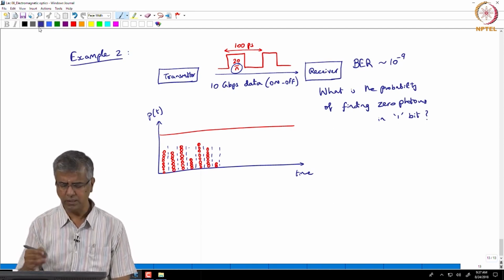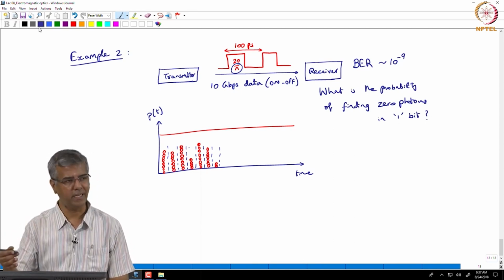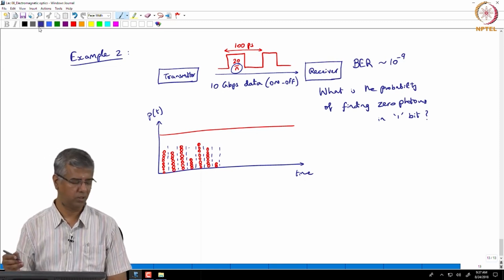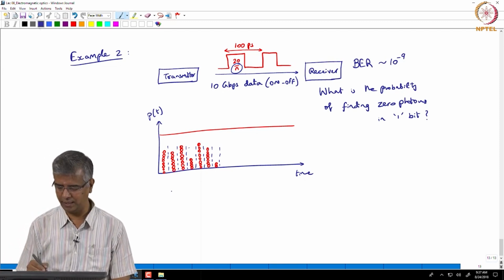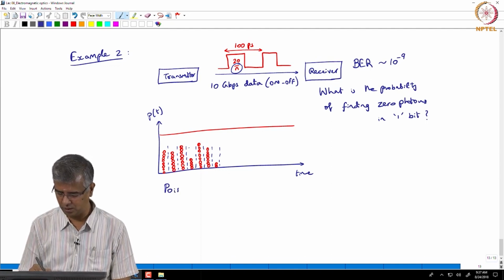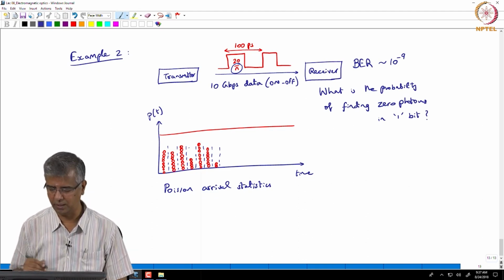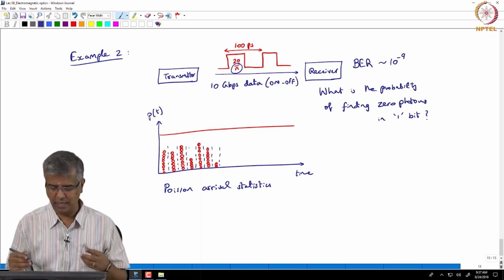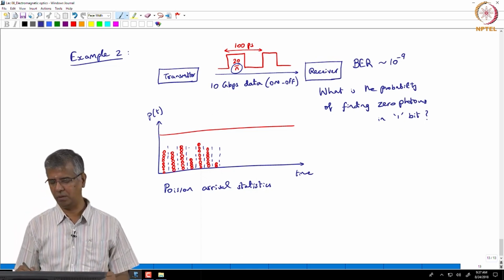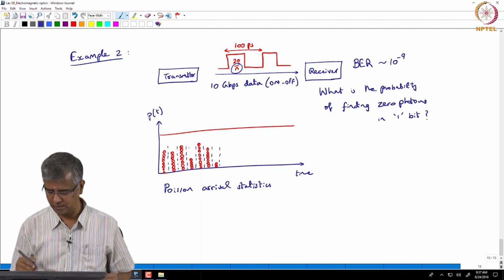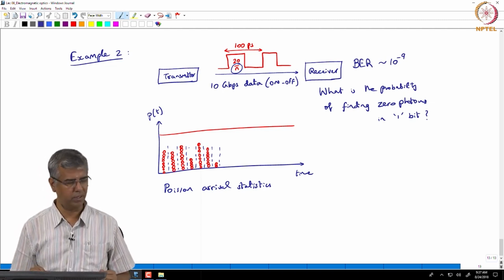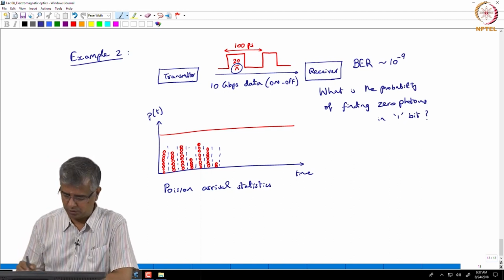Since these photons are independently emitted, you have what is called Poisson arrival statistics, and it is actually not too difficult to derive this formula for Poisson arrival statistics. It is one of the example problems that is given in your textbook, but you can show that